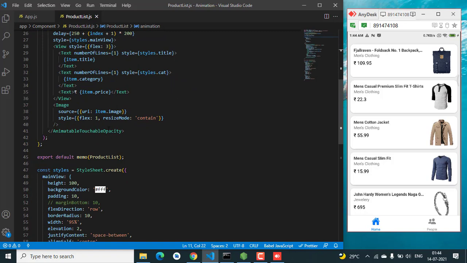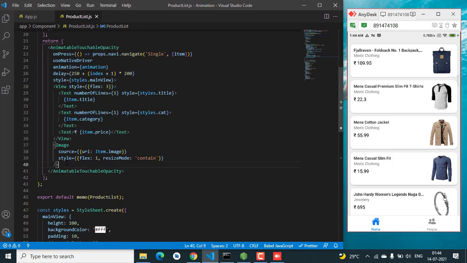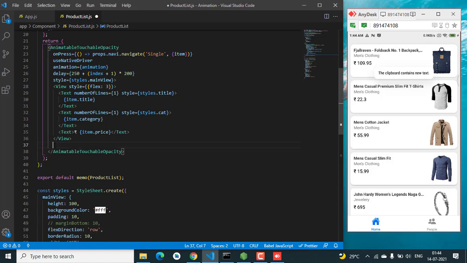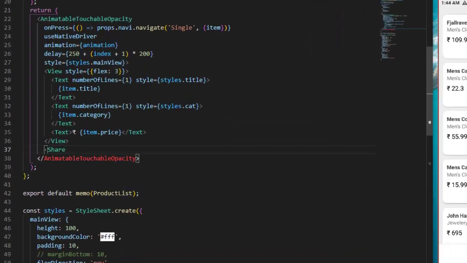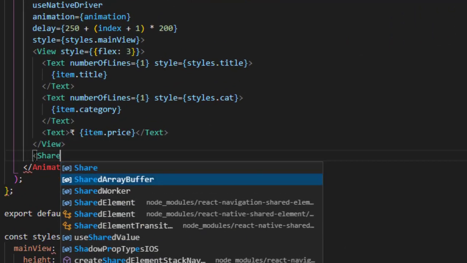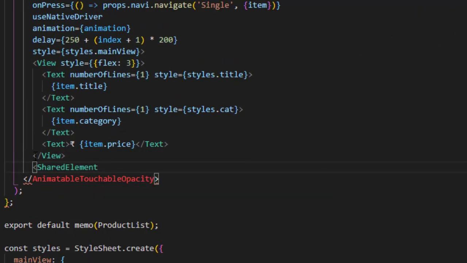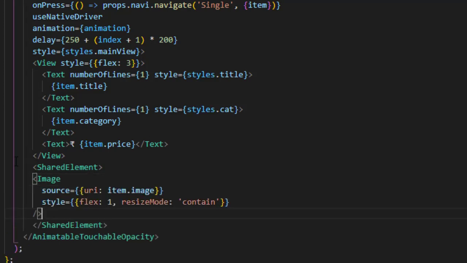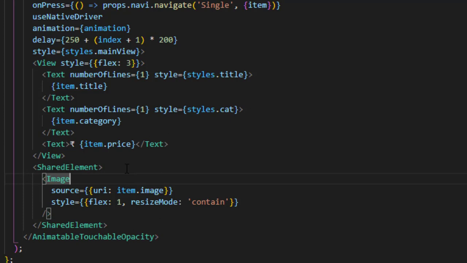So right now we want to animate this image to the next screen. For that we need to wrap this component with shared element. We have to specify an ID for each shared element.